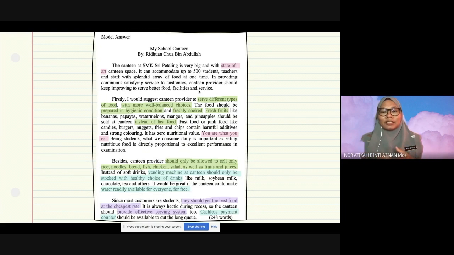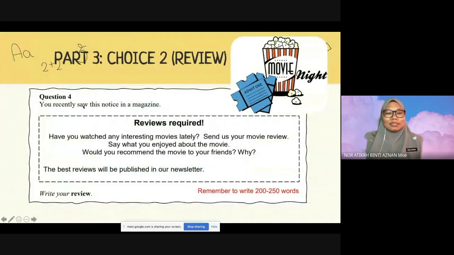how creative you are, how descriptive you are in stating your points. When I said fresh fruits, I give them arrays of fresh fruits. Illustrate my idea, and then I give them what kind of healthy choice of drinks. It is packed with information, it is packed with details, but it is not too much where it will be a bit overwhelming.